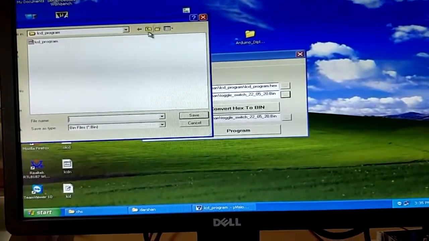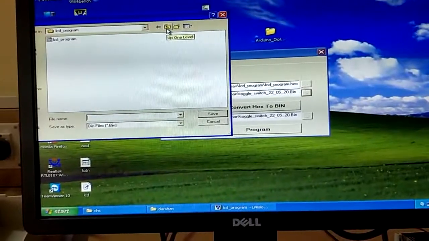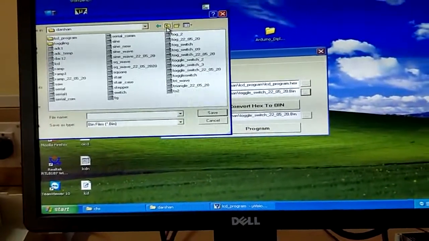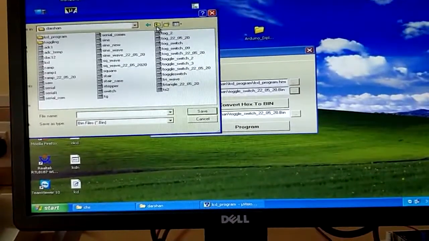In order to convert the hex file to a binary file, I have to browse the location where I want to save it. Because I already created the binary file, I will just click save.